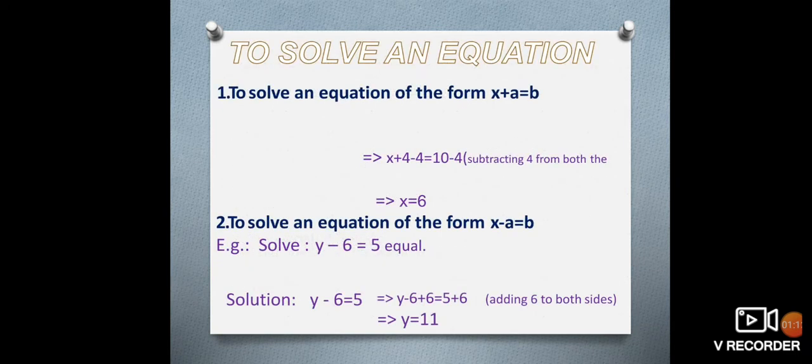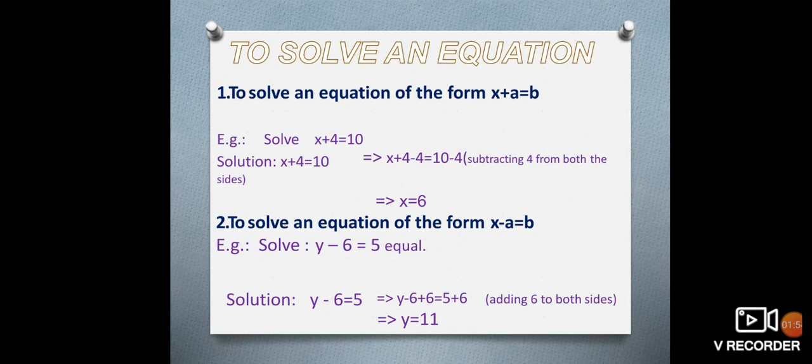So first, to solve an equation of the form x plus a is equal to b, I want to do it by the balancing method. The balancing method says we have not to disturb the balance of our equation, and we have to remove the constant from one place so that they will all be together at another place. So if I see my equation x plus 4 is equal to 10, I want this 4 to be removed from the left hand side so that only the variable x will be at the left hand side.